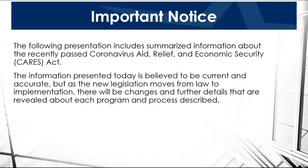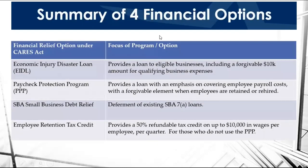Since the last few days, we've had a number of new items come up. We've had some insight into how some of the banks are being able to mobilize to connect to the SBA, and so there are still very much a lot of areas that are in flux as we move on through this process. So today's webinar, we're going to talk about 4 different financial options that you have through this